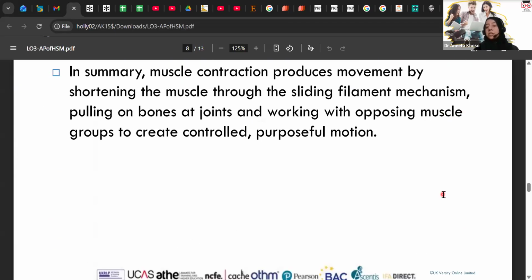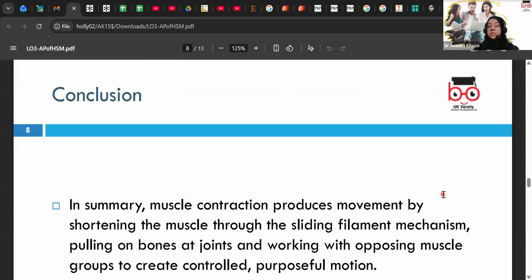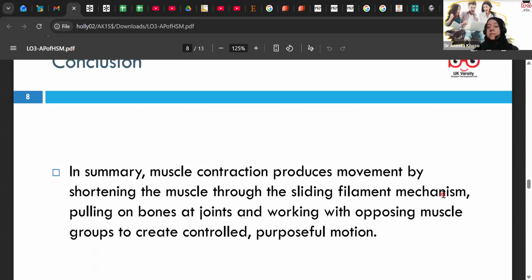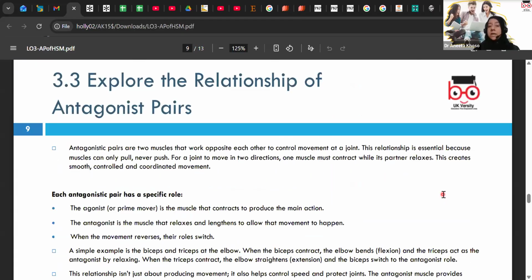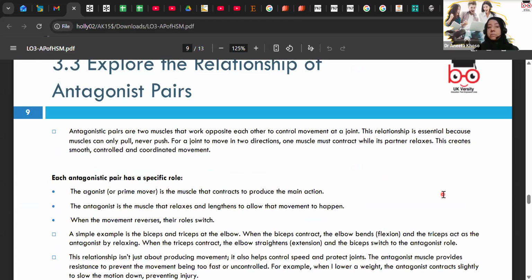So, in conclusion, muscle contraction produces movement by shortening the muscles through the sliding filament mechanism, pulling on bones and joints, and working with opposing muscle groups to create controlled, powerful, purposeful movement. Now, the last bit is to explore the relationship of